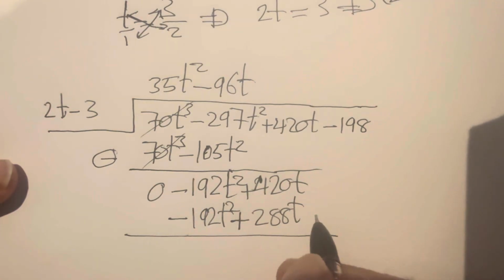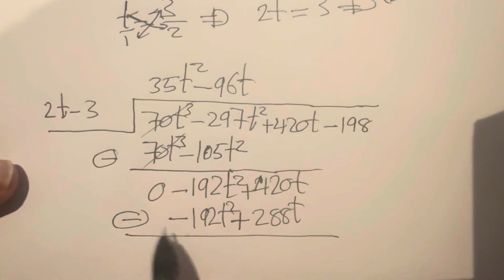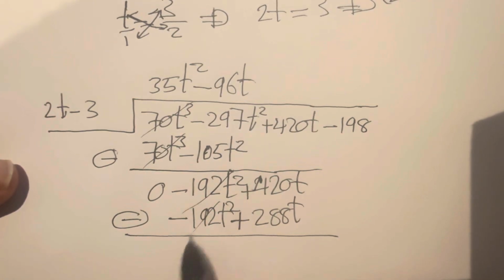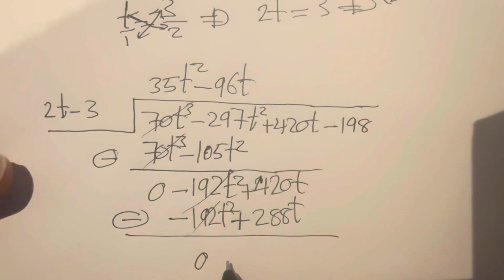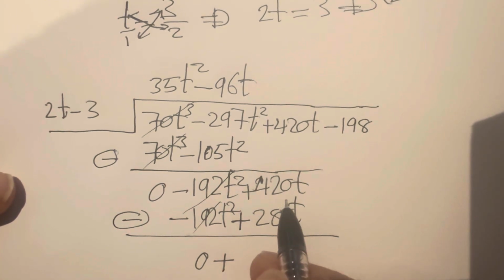So we take down, we subtract this equation from this, we get 0 for this, and we get a plus because 420 is bigger than 288,